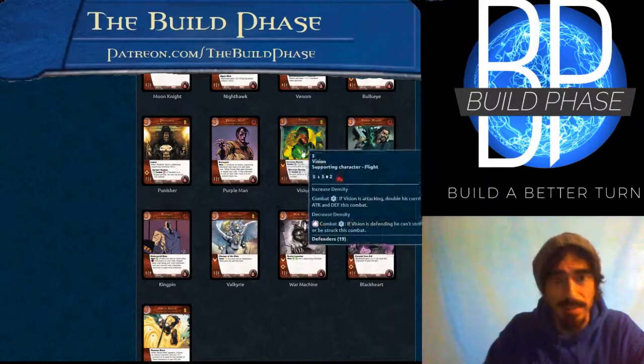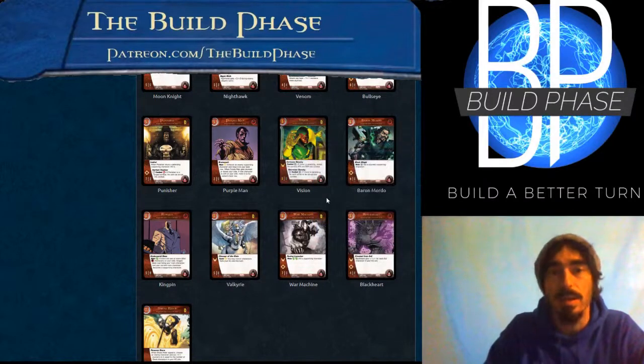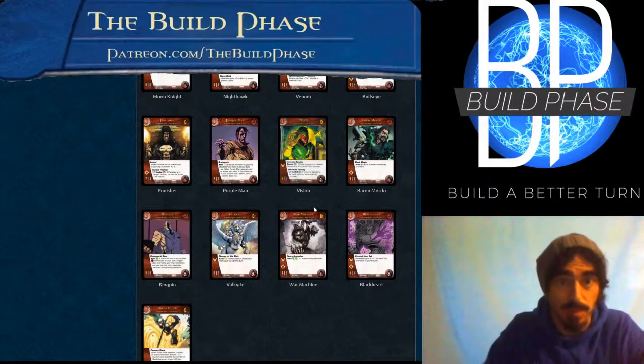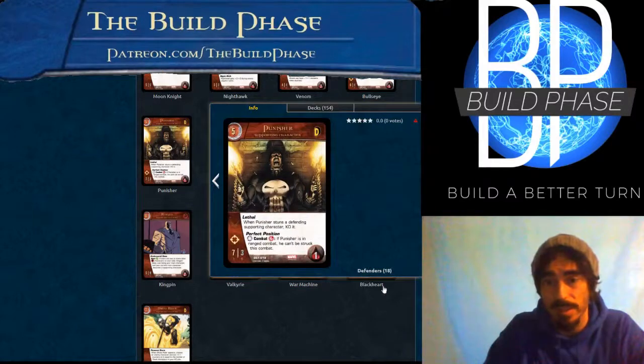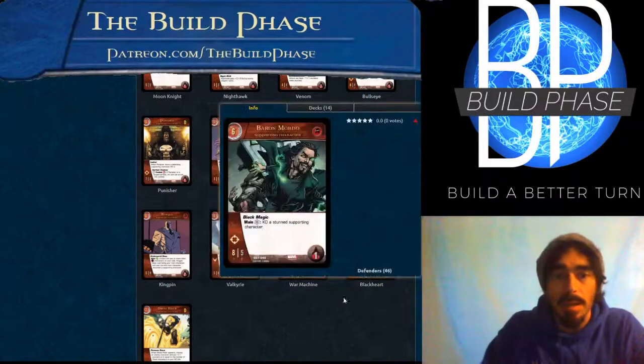While Vision, yes, has a higher top end in terms of stats, he doesn't have lethal. He is stickier. So there's some parity between these 2 5-drops in terms of what your deck is actually looking for. But I'm guessing the vast majority of cases, I would rather have Punisher in my deck than have a 10 attack guy that doesn't have lethal. Baron Mordo,